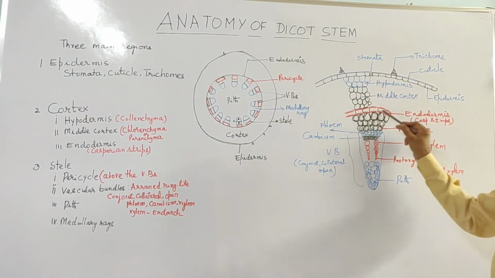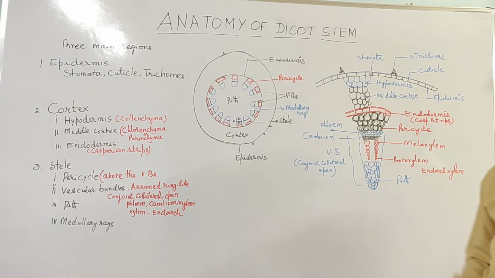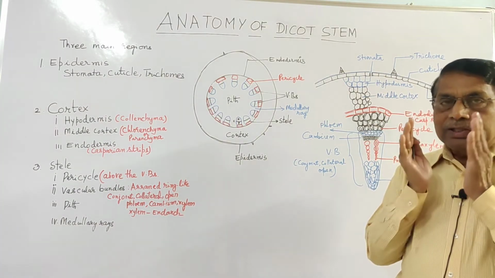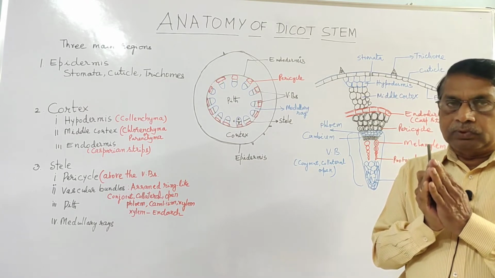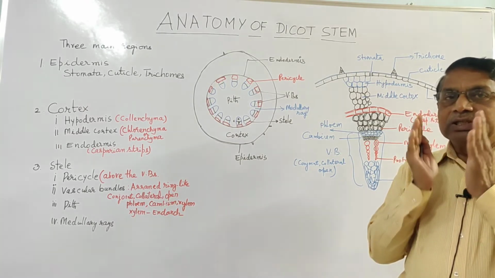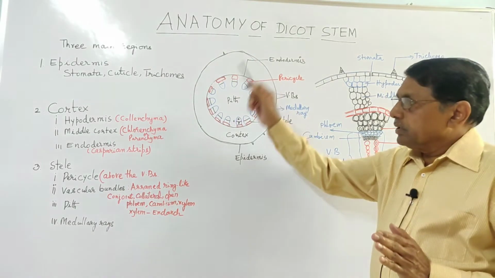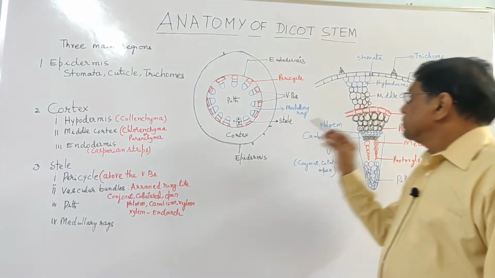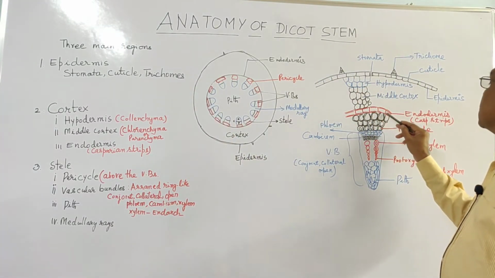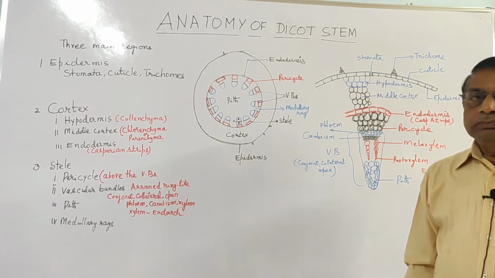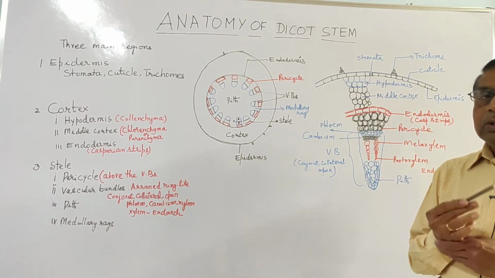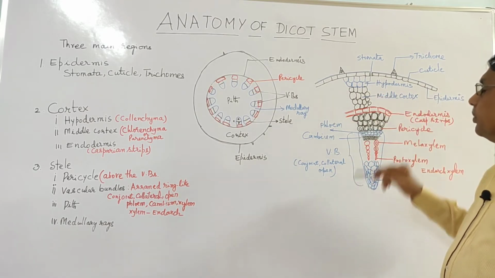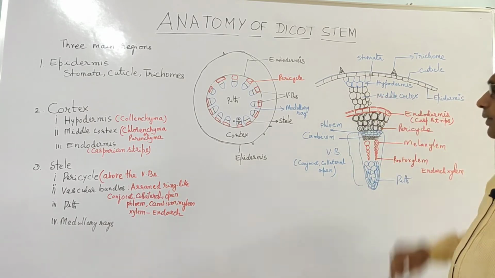Here it is. This is endodermis. It is one cell in thickness. Cells are rectangular, only one cell in thickness. The speciality of the endodermal cells is that they consist of Casparian strips. So here, these are the Casparian strips. The Casparian strips allow the lateral flow or the downward flow of the food materials or water.